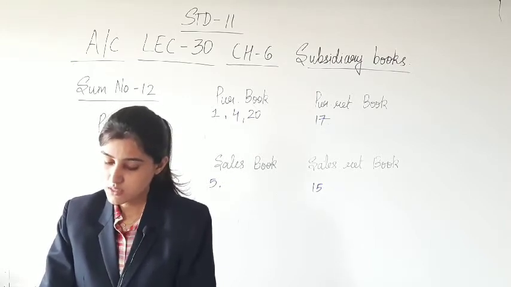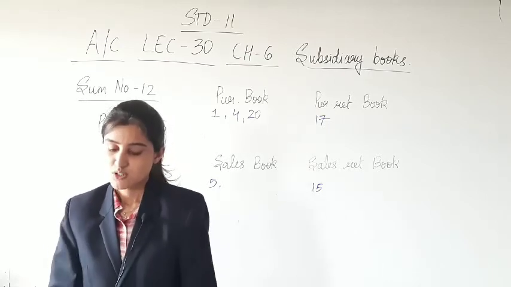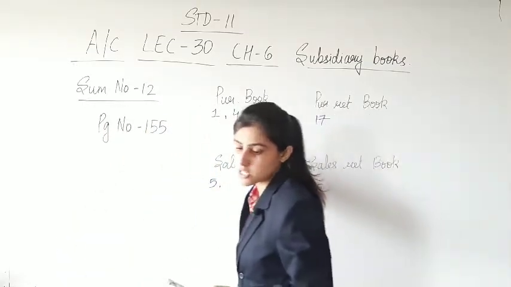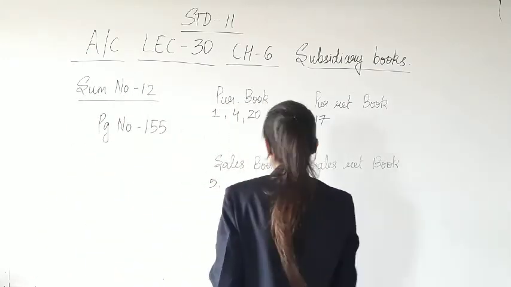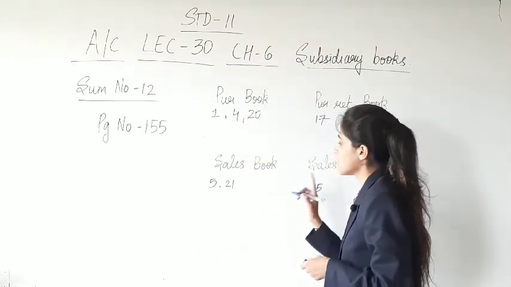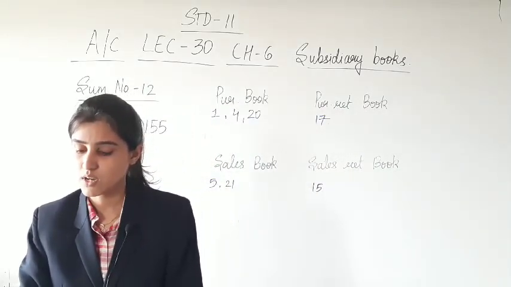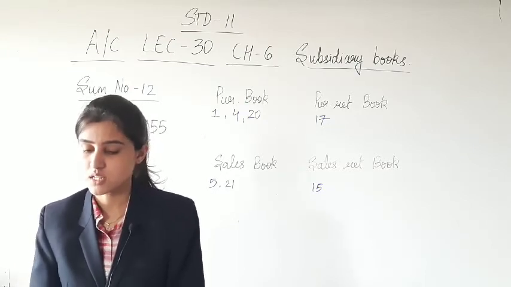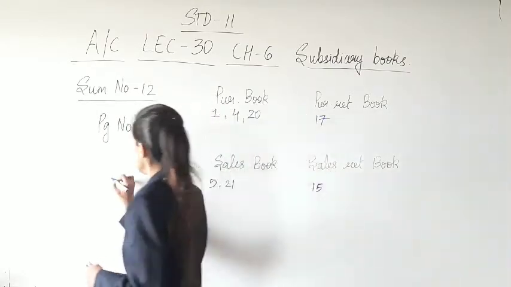Credit 1 month, trade discount 10%, bill number 360. So the goods that have been purchased from Anuti on 20th of November are sold to Mr. Bala on 21st. So in sales book, 21st of November, name of the customer Bala, amount if we are talking about, the 10% of 1,08,000, of course 10,800 to be deducted, and the net amount is 97,200. Let us record it here.